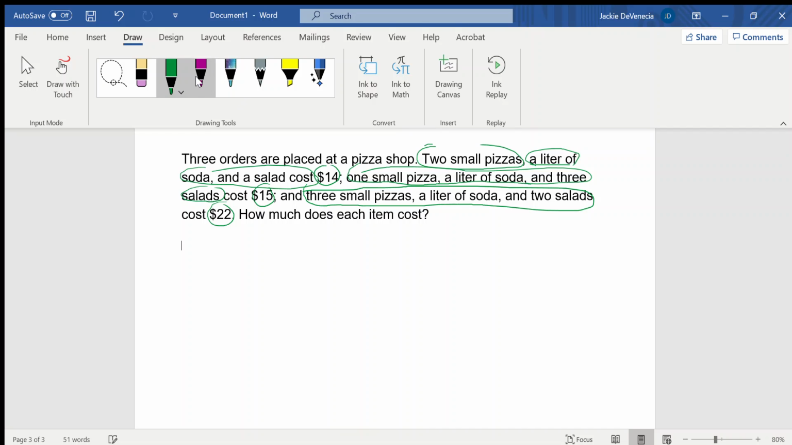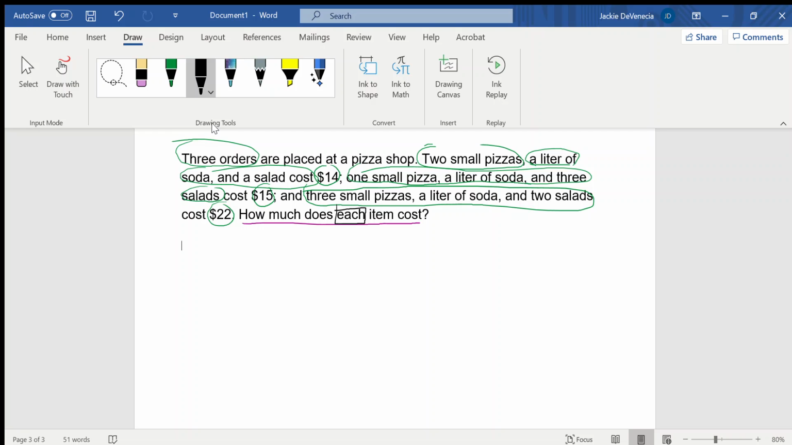Okay. And then we have that question right over here. How much does each item cost? Okay. And if we want to go ahead and identify that key term, we have each. Oh, and then we also have those 3 orders. Okay, so yeah, this is how it looks when we're annotating. And then let's try to order,